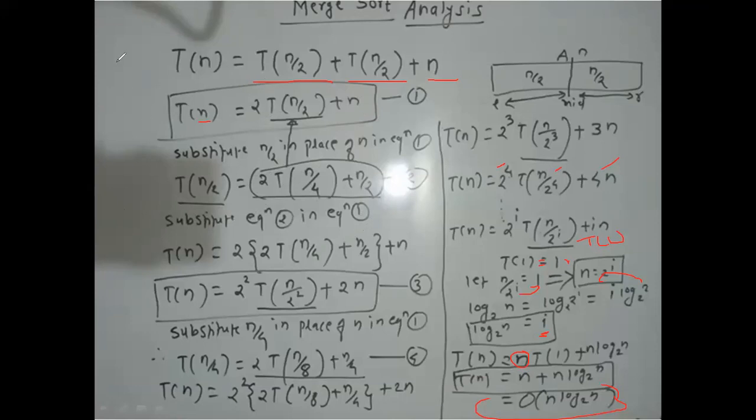So here in this example, what is the a value? The a value is 2. Here the b value is also 2. Then the function is f of n, so d equal to 1. So we get a equal to 2, b equal to 2, so here both are equal. Then we get the value theta of n power d log n. So n power d is 1, so we get theta of n log n.